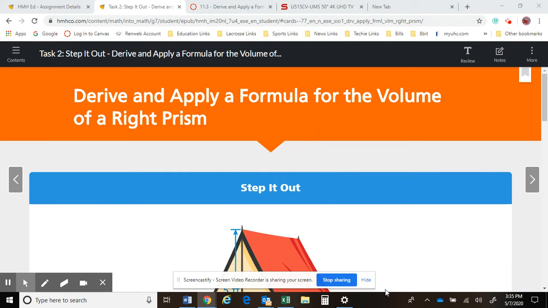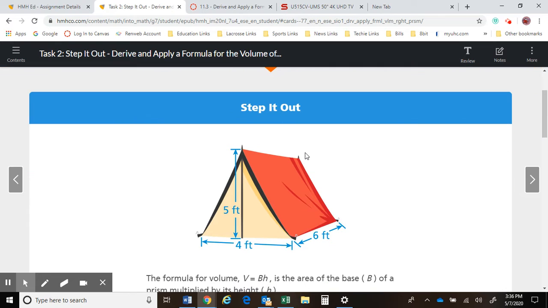All right, this video is going to cover task number 2 and task number 3 of module 11, lesson 3 on deriving and applying a formula for the volume of a right prism. All right, so let's see, we got a tent here, and like we talked about in task number 1, to find